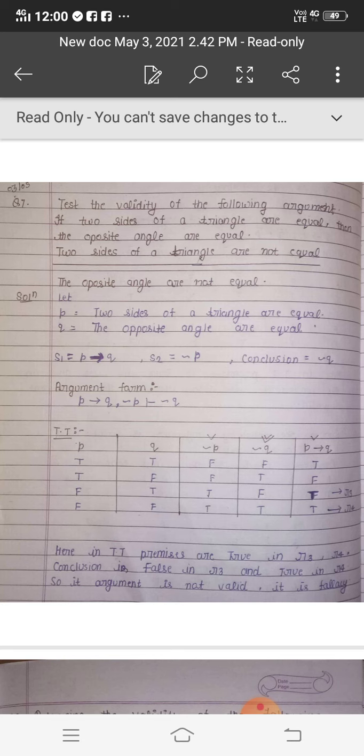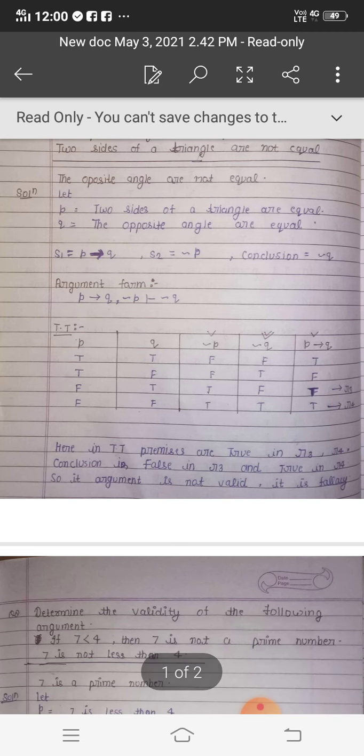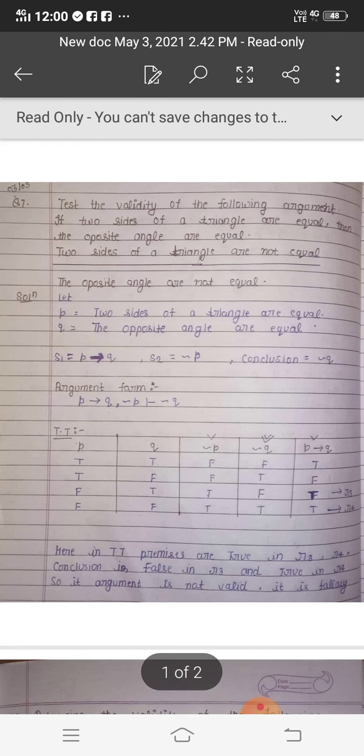So first we will create a truth table. In the truth table we can see the premises are given in the last column and third column. We will check the premises, they are true in row 3 and row 4. Similarly we will check the conclusion in the fourth column, not Q. It is false in the third row, but it is true in the last row. So it is false in one row, so this argument is not valid, it is a fallacy. The answer will be the same as we had discussed in previous classes, but the change here is of symbolic form.